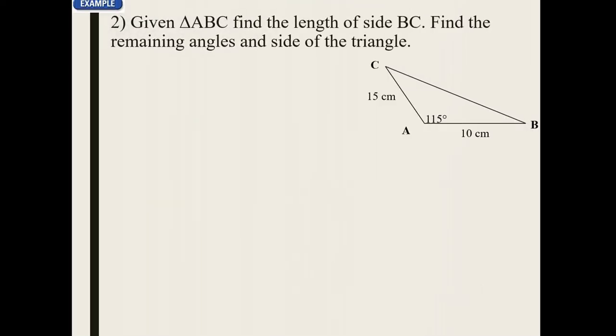Let's take a look at this example. I would recommend that you pause the video here, try this example on your own, and then check back and see if you got it right. All right, this is a side angle side situation. So the only thing that I can find to start with would be little a. So little a squared is equal to 15 squared plus 10 squared minus 2 times 15 times 10 times the cosine of 115 degrees. You can just type all that in your calculator in one big step, and then take the square root of both sides,